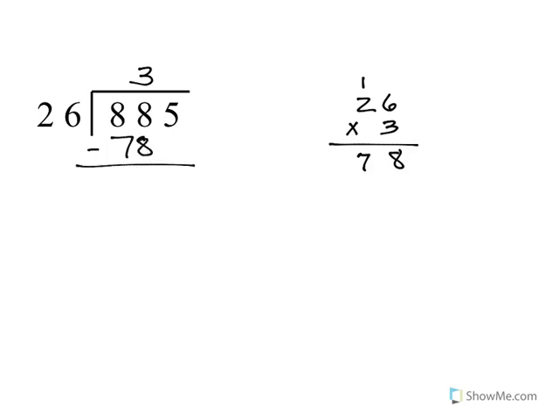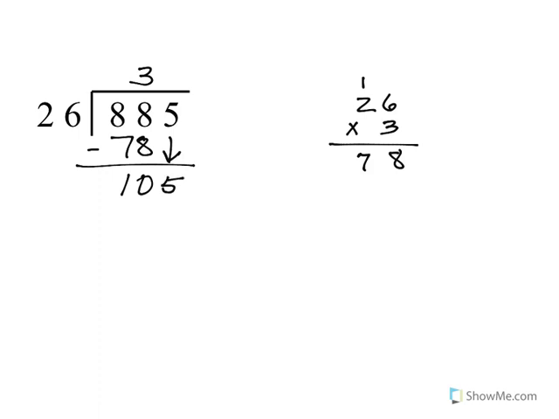And 88 subtract 78 is 10. And here, even though the 10 is a large number, it's less than my divisor, 26. And as long as it's less than my divisor, I'm okay. So now I can bring this 5 down